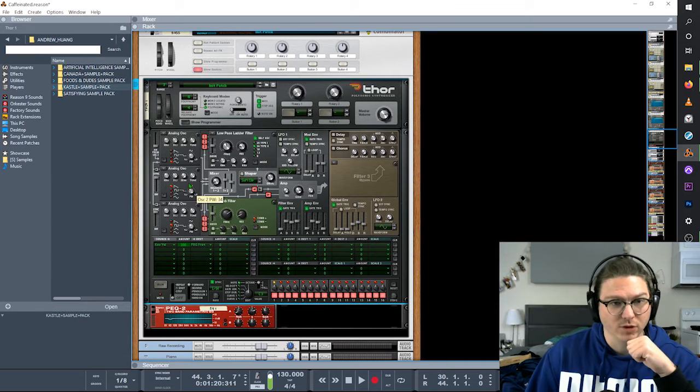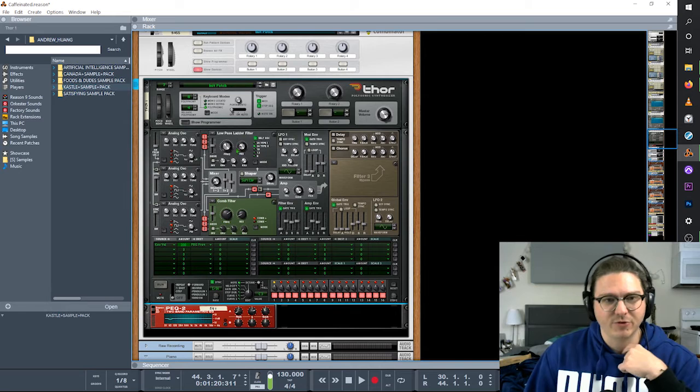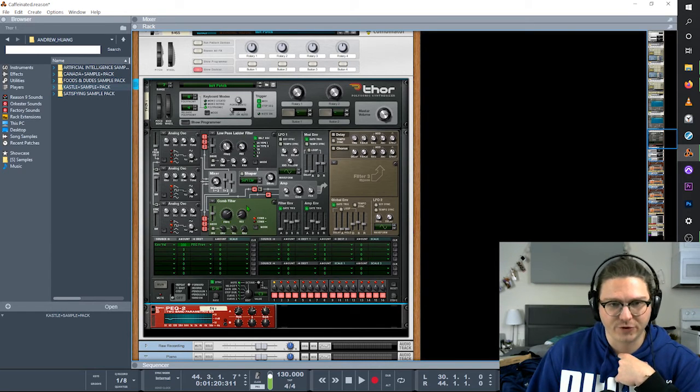Okay, it's just really low anyways. Into this low pass filter, into another comb filter, and then out. No delay, no chorus. It's a pretty simple sound, honestly. This thing though, so